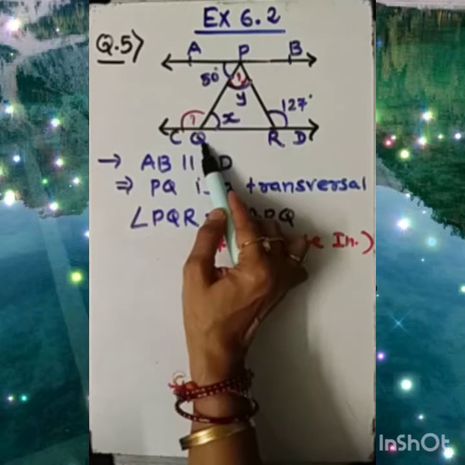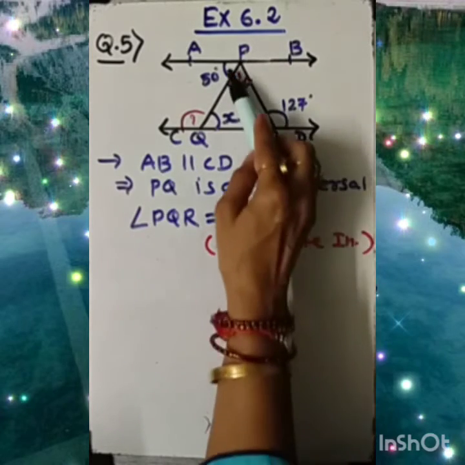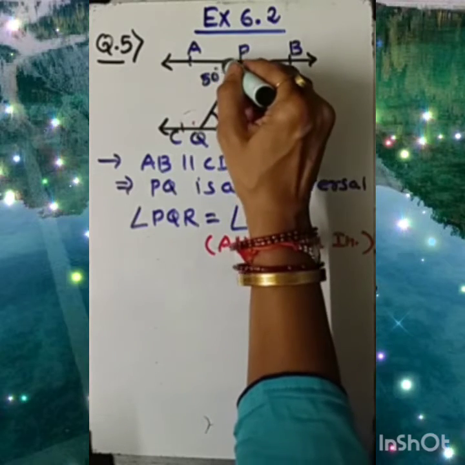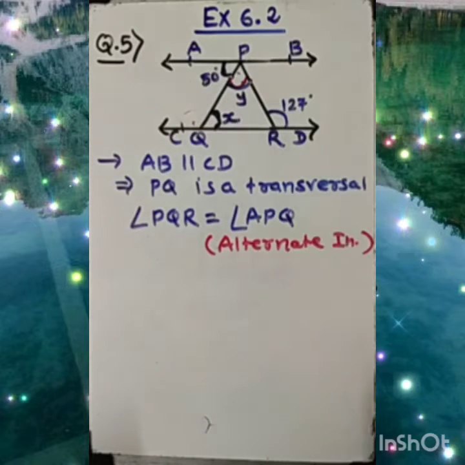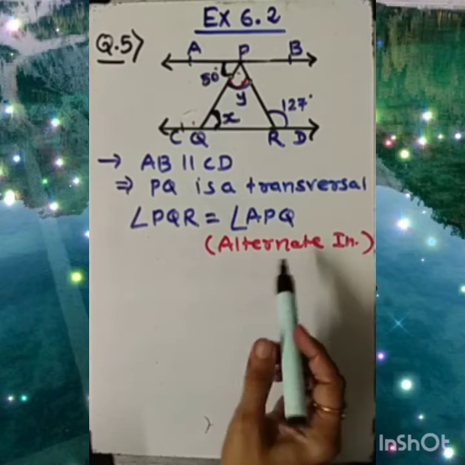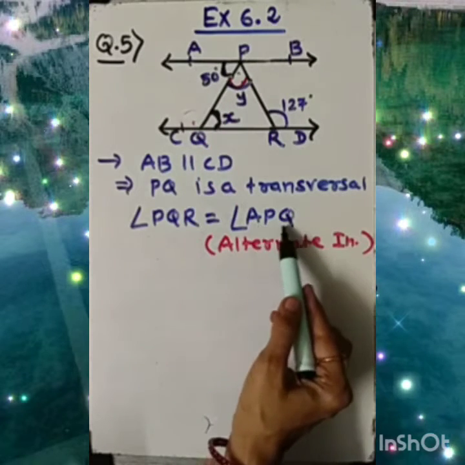Now, what is the measurement of angle APQ here? This is APQ and this is PQR. This angle and this angle, I'm talking about, not this, sorry. These are alternate interior angles, okay? So they are forming alternate interior angles with equal value. One of the angles is already given, that is 50 degrees.